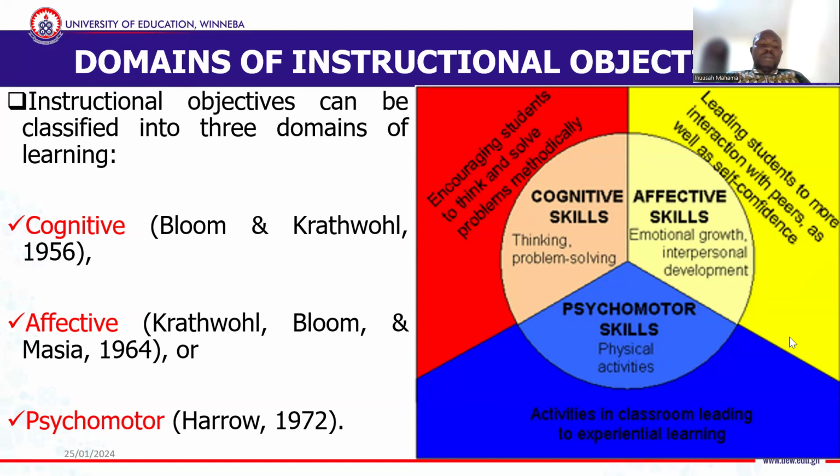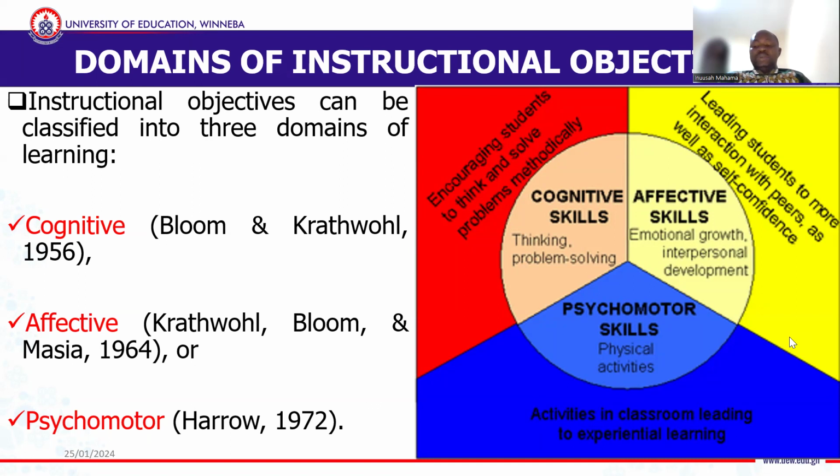1972. So when we talk about the cognitive domain of instruction, it means that the instructional objectives we plan to give out as instructors must be able to let the learner think critically, let the learner solve problems, and let the learner go beyond what we think they know. It brings about deep learning, provocative thoughts, metacognition, critical thinking, and creative ideas. All fall under the cognitive domain.